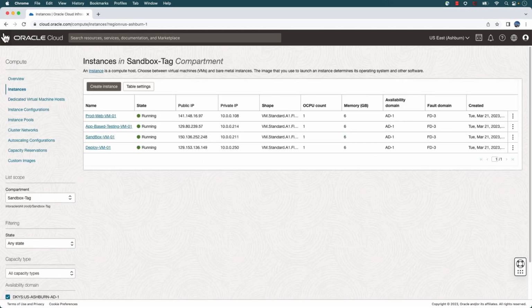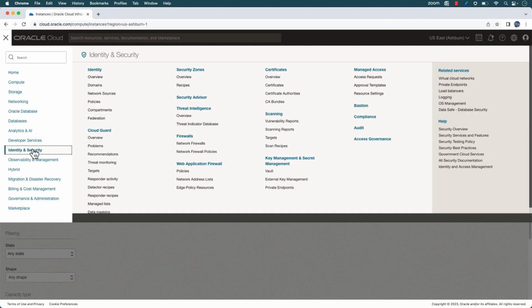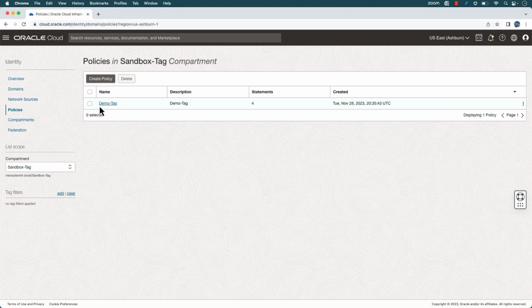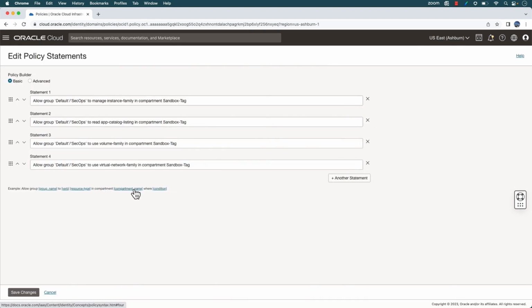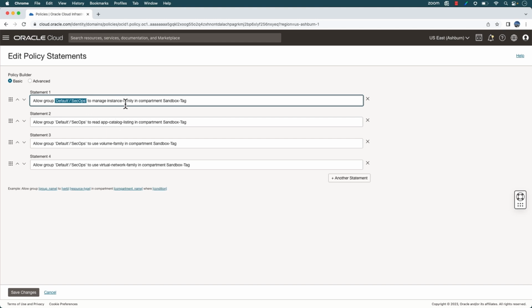We will navigate to identity and security. We will select policy under identity and click edit policy. As you can see, we have a policy for a user which says allow group TechOps to manage instance family in a compartment sandbox. Now we will add a where clause by editing the policy where we say where target